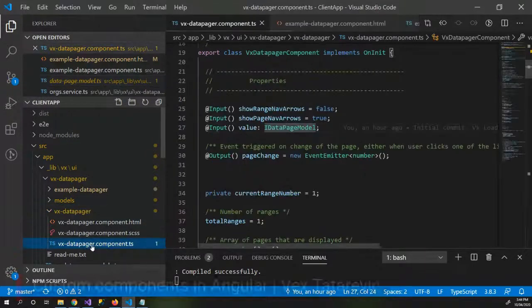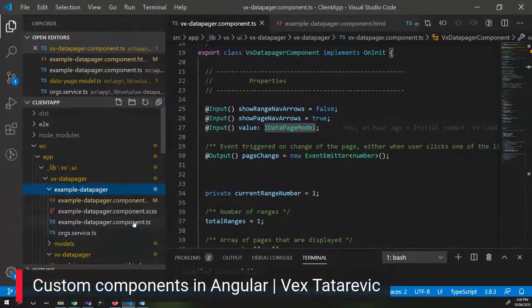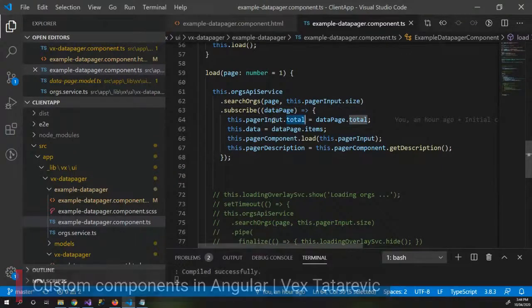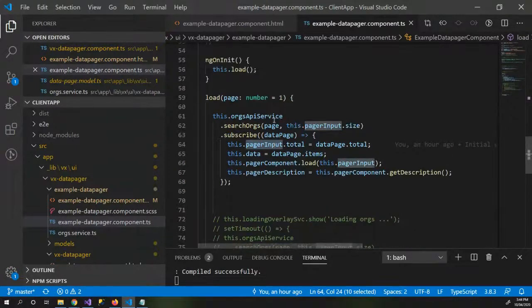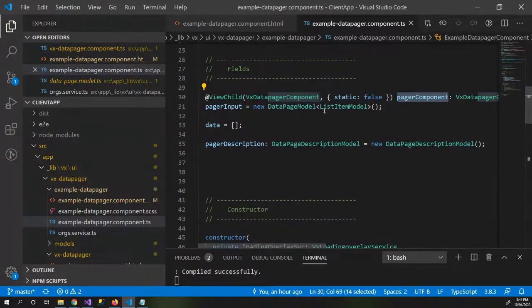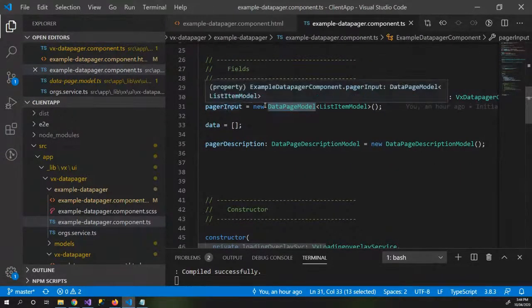So then inside the example, when we receive data pager, you can see we have sent a page and the size of the page, and when we receive this back, we will grab the total and update our pager input, and that is the main object inside our data pager. The way we're working with data pager here is by grabbing it directly, like this ViewChild data pager component,